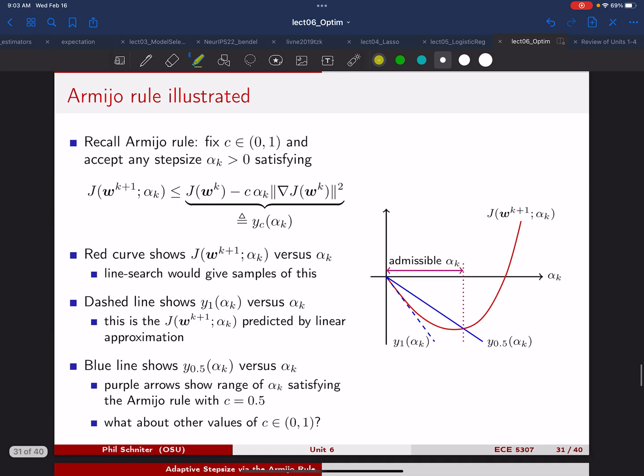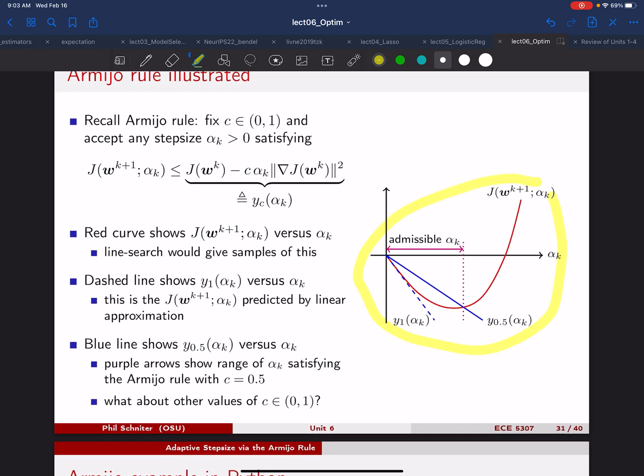Okay, so this is essentially the picture that I drew on the previous page. The only thing to consider here is the choice of C. Previously we said often C is 0.5, but now we can actually understand the effect of using a different C. Let's say I use a C that's closer to 1. Now I'm going to get a line here, and I'm going to only pass when the red curve is below this line. So that's going to narrow my range of admissible alphas, and that's probably not optimal because, number one, it's going to be harder to find an admissible alpha, and number two,